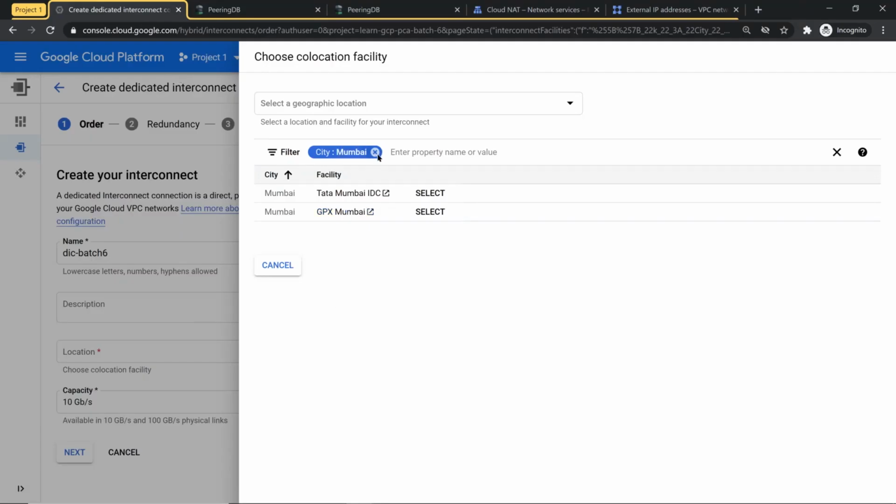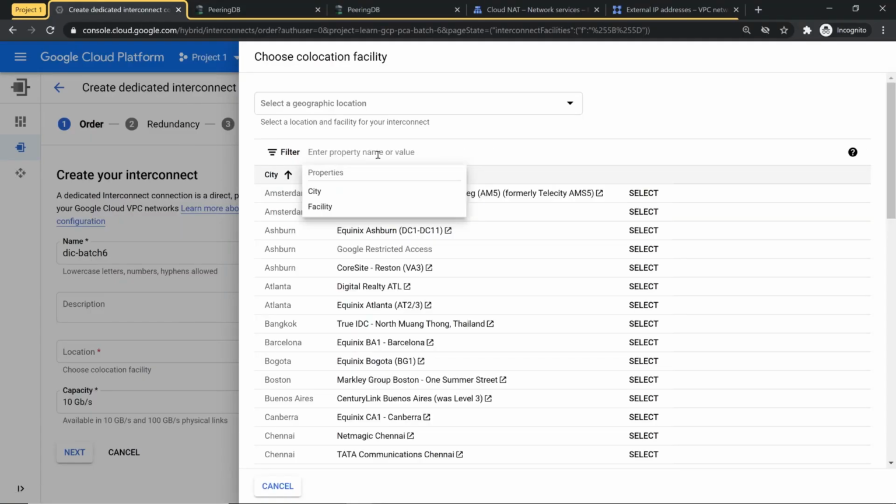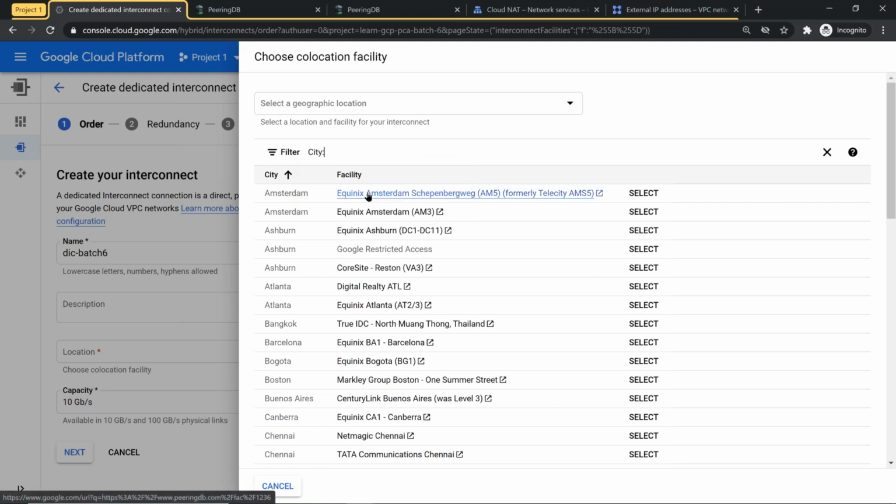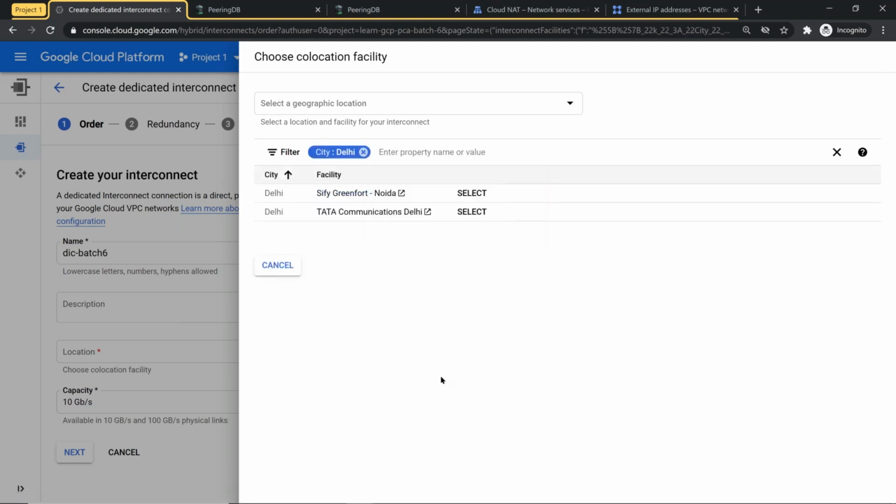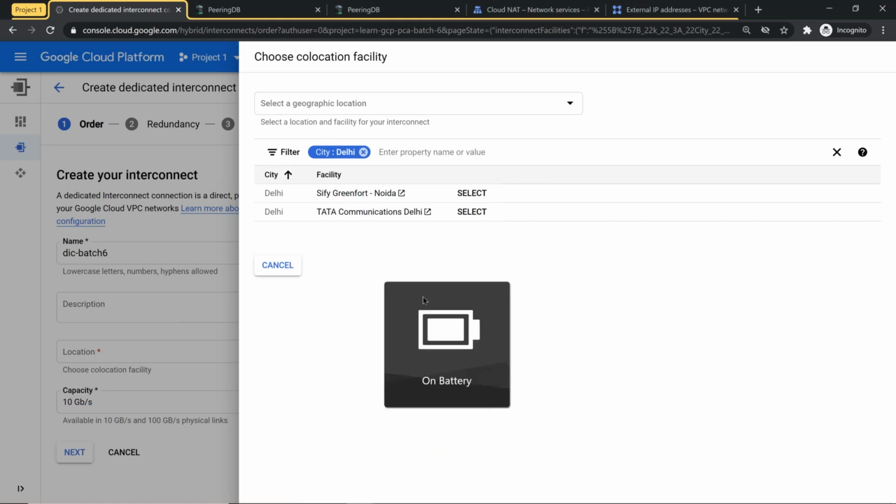Similarly, Mumbai. Now if I'm in Bangalore, if I put a filter, instead of Bangalore, I'll put Delhi. If I put Delhi, I don't see it. Oh, Delhi came up. Okay, Delhi is there. I was not aware, folks. Oh, SIFY, Red Fort. Okay,